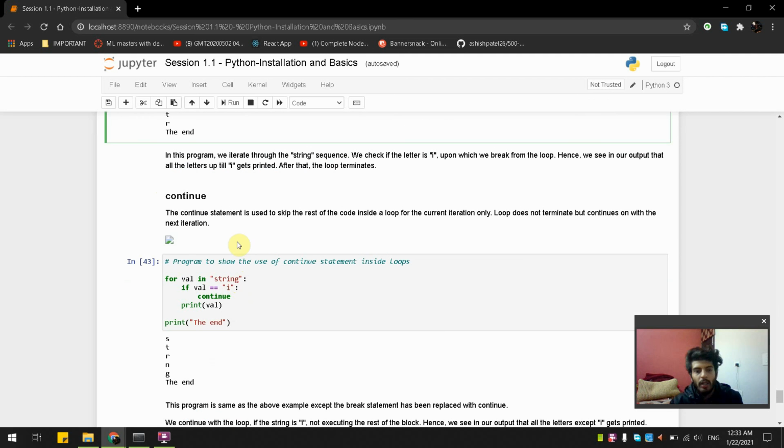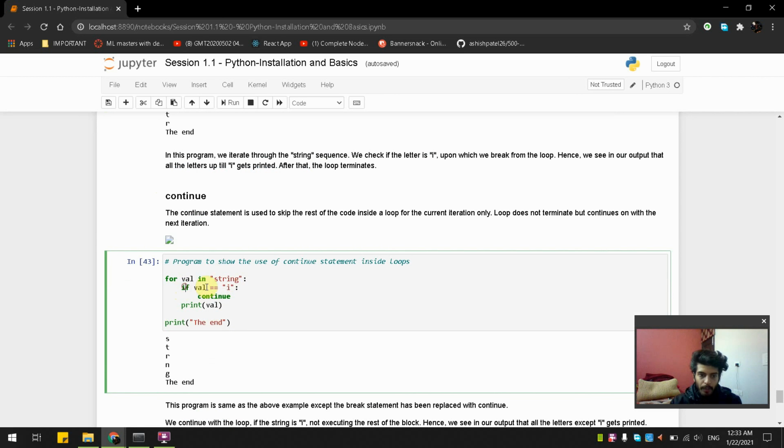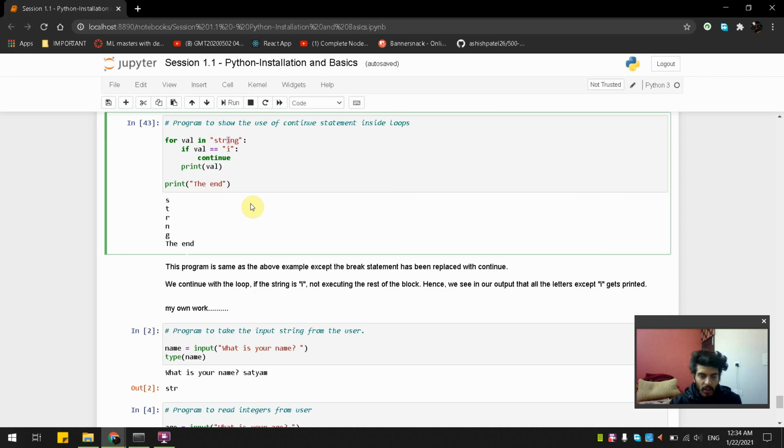And continue helps in continuing the iteration except for the condition where it is true, like value double equal to i, then this loop ignores this condition and continues to the end. That's how continue and break work.